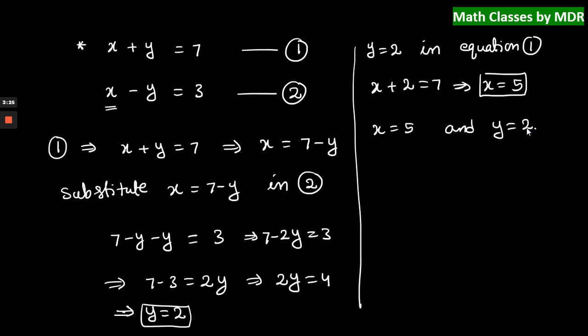You may get a doubt: can we use the second equation to get the x value, and plug that x value in the first equation? Yes, we can do that, and you can get the y value and plug the y value in equation 2 also. Shall we see that? Okay, let us see that as well. By taking x plus y is equal to 7, x minus y equals 3.